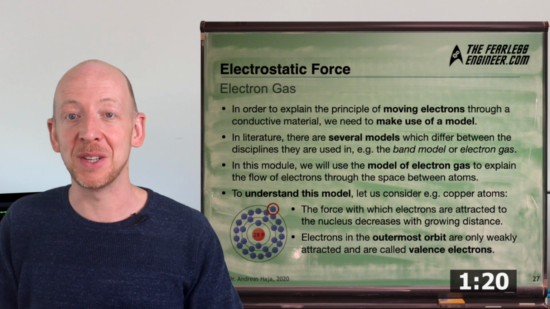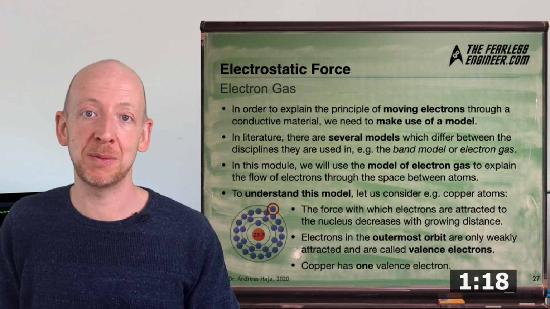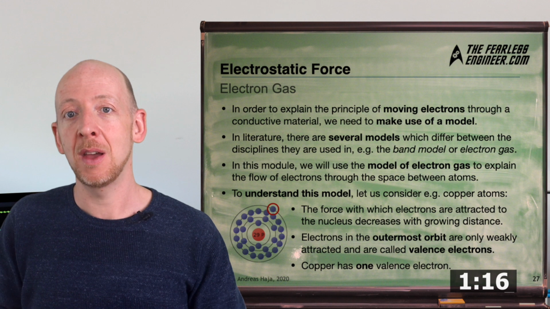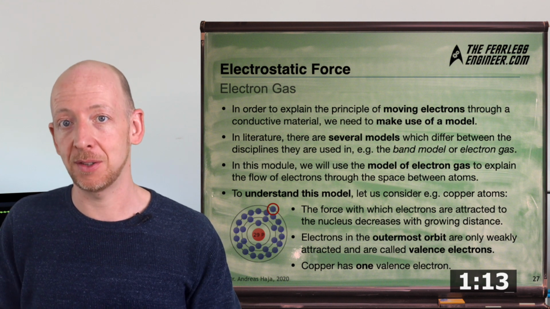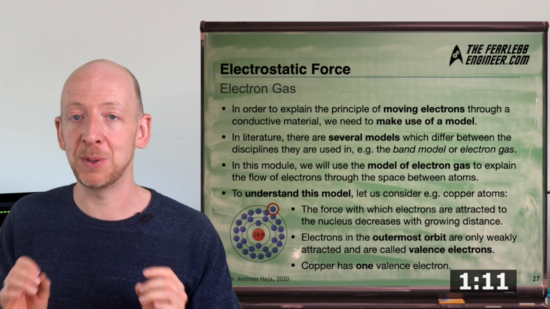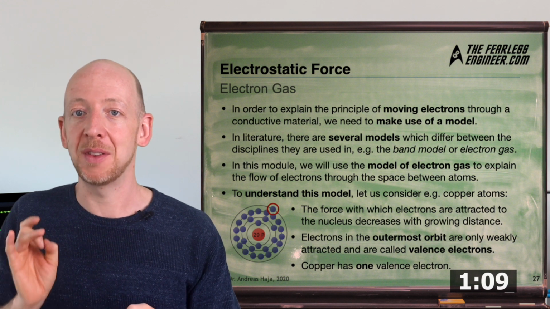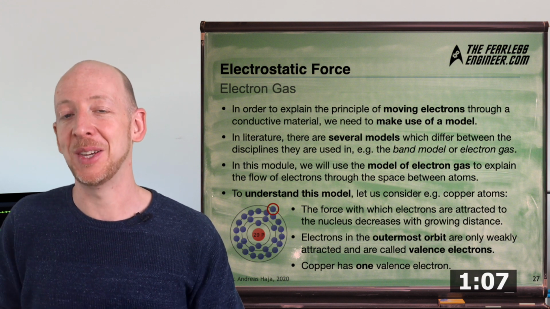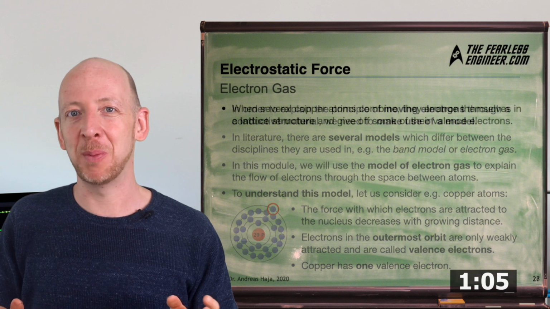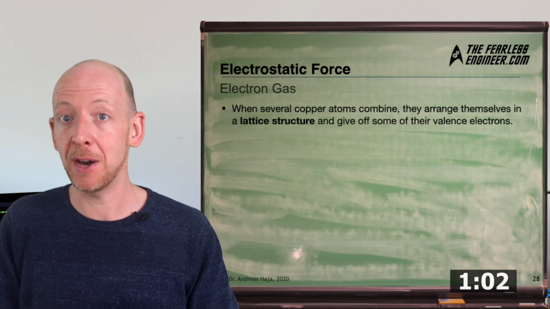Now, while copper has only a single valence electron in the outermost orbit, if you take another material, for example aluminum, there you will find 3 valence electrons. And this is of importance later when we compute, in the first tutorial, the number of freely moving charges in a medium. Now, when several copper atoms combine to something larger, for example a piece of copper wire or a copper coin, which we already took a good look at in the last tutorial video,